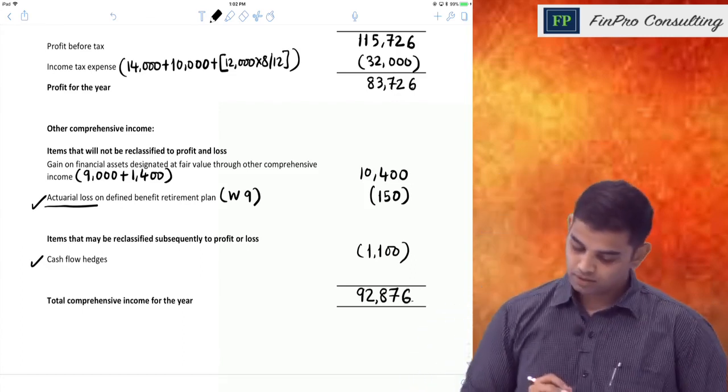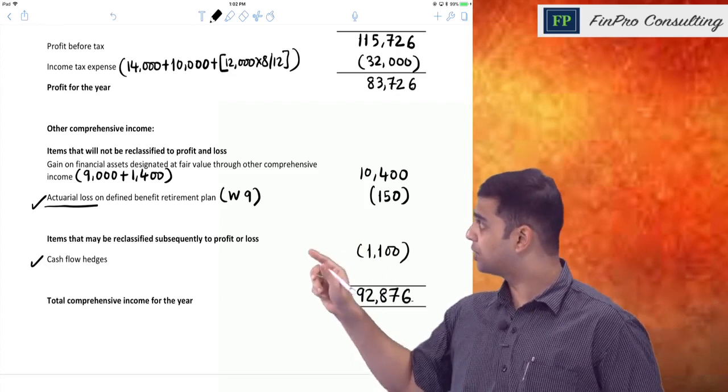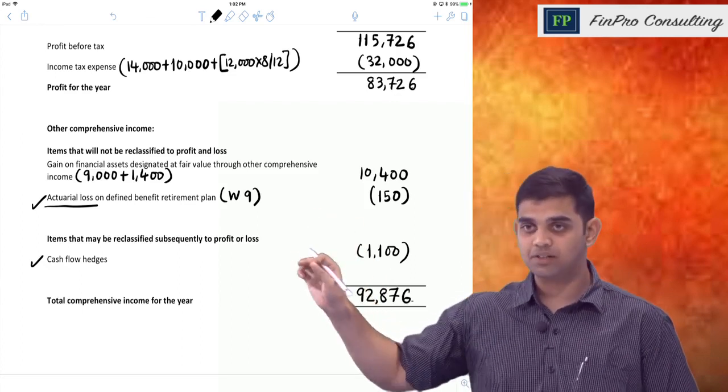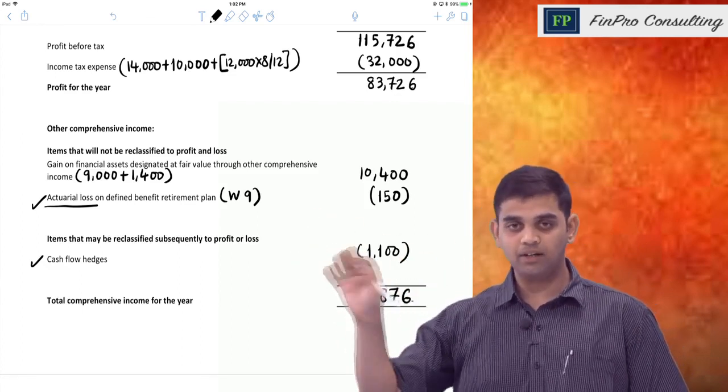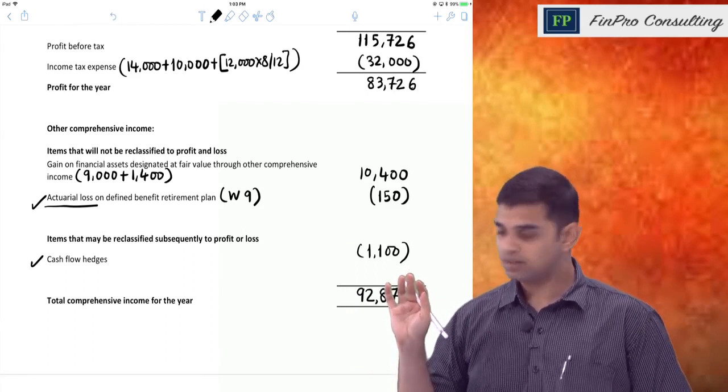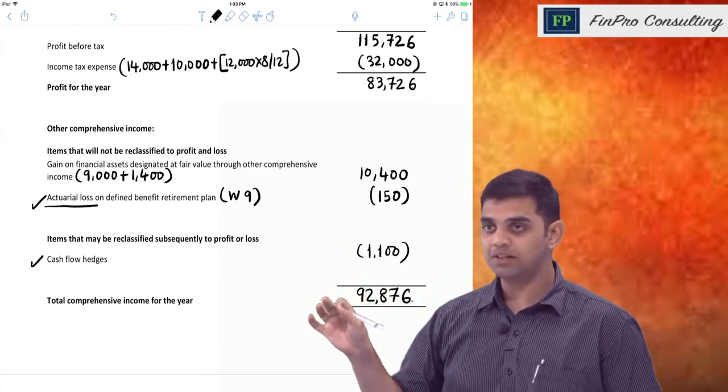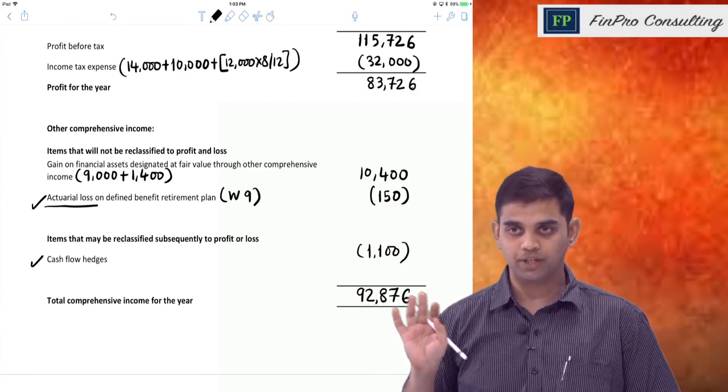Okay. Now I have to divide 83,726 between parent and non-controlling interest and divide 92,876 between parent and non-controlling interest,